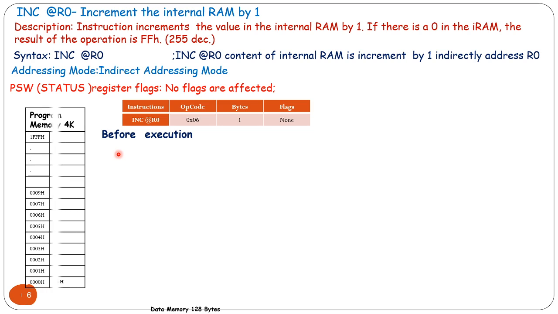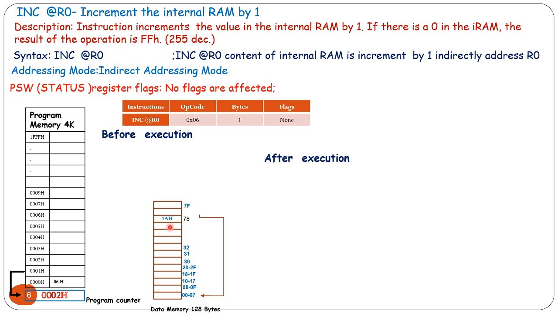Before execution, the program memory has this operation code at the first address 000H, and the program counter register has now 0001H content. So this is the content of the program counter register. Before execution, now see, we need the PSW here.